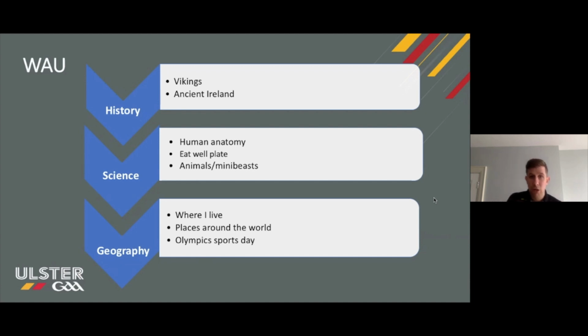So then your geography. Where I live, one of my lesson plans is on where I live, and it's touching on the water system as well, waters and rivers. So I'm touching that a little bit further on, but places around the world then. Somebody made that suggestion, playing games with counties for geography. It's counties. I've linked that to my